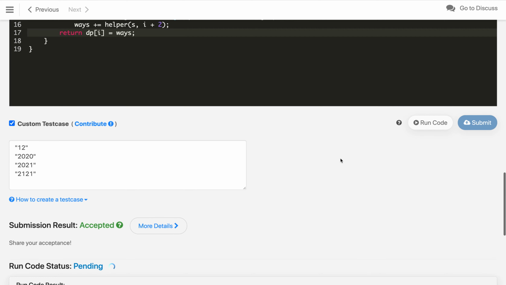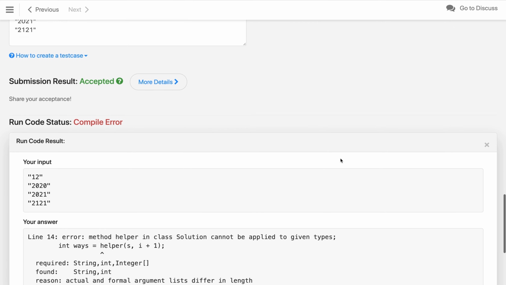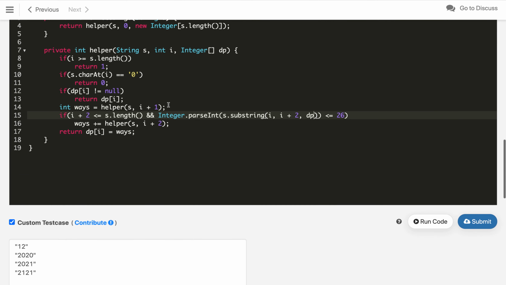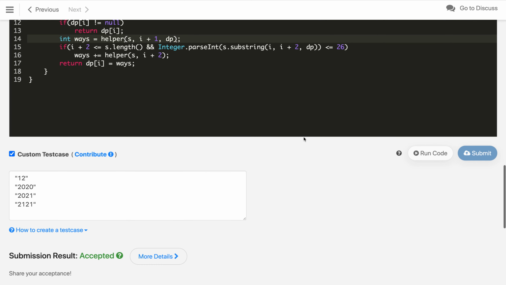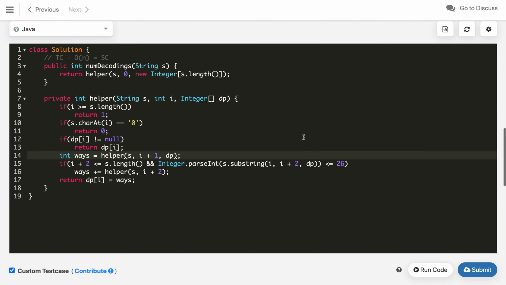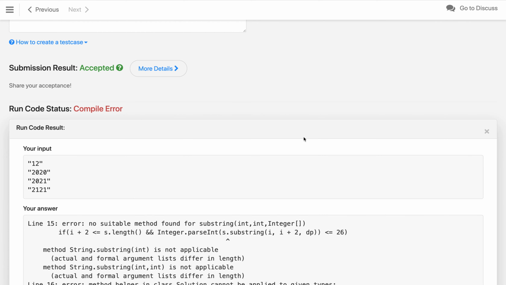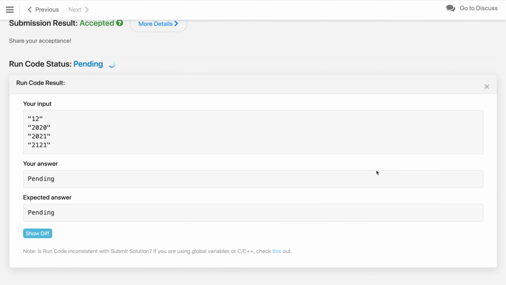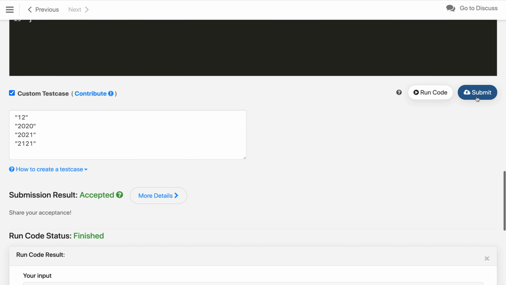Let us compile it again. We have to update the method call as well. Do not forget this thing; I used to make this mistake again and again. So, this should work now. We can also solve this problem in a bottom up approach. There is still some error: no suitable method for string. So, the problem is I added it at the wrong place. It should not be here, it should be here, and it should work now. I hope there will be no typo, it is working, and we can submit.